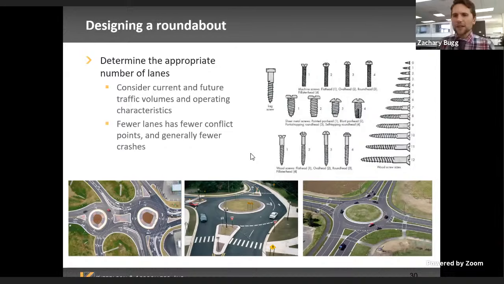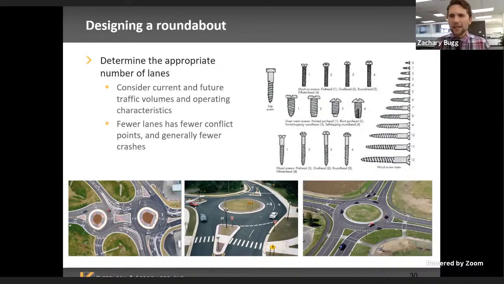Try to not overbuild. I think that's one of the biggest pitfalls we see when we do these peer reviews. Somebody goes out there, they run a 20 to 30 year traffic model, travel demand model, and traffic forecast. They build the biggest roundabout possible within the footprint to try and accommodate that level of traffic. Well, the wider the road, the more lanes, the faster the vehicle speeds are going to be, the more conflict points. So while you might need that to process the volumes in 20 to 30 years, you might think about opening that roundabout up in the interim with fewer lanes.